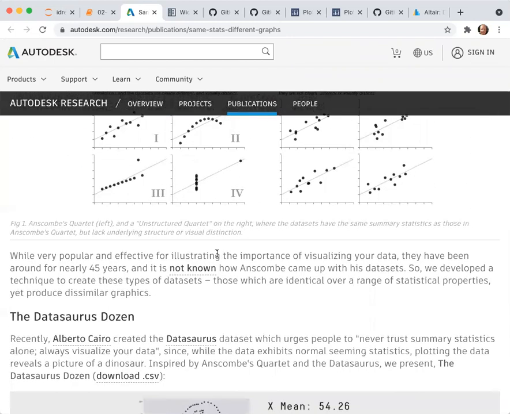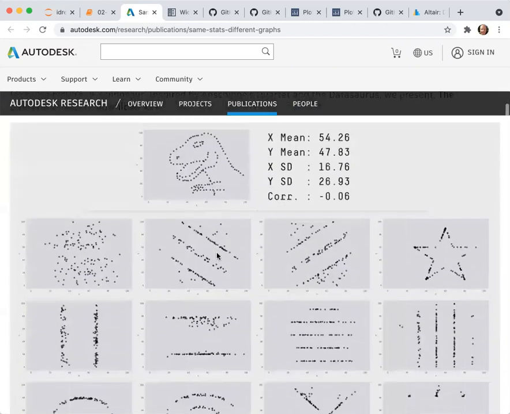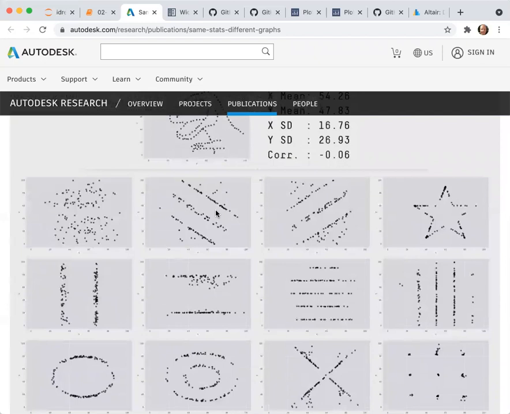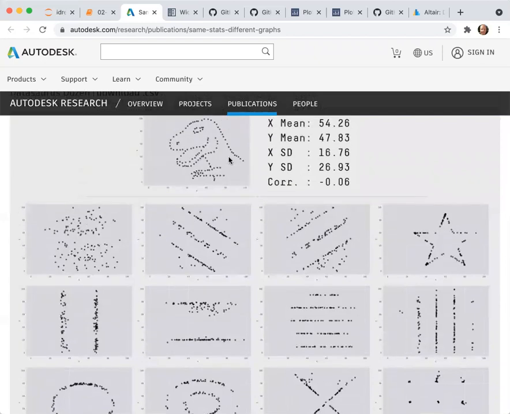The Datasaurus data set expanded this in a fun way. It took a scatter plot of a Tyrannosaurus Rex. So you have a mean for all of the X values and for the Y, the standard deviation for X and Y, and the correlation coefficient between X and Y. And then it used a simulated annealing process to come up with other data sets, which have the same number of points and all of these same summary statistics, but are clearly different from a visual standpoint than being a Tyrannosaurus Rex.